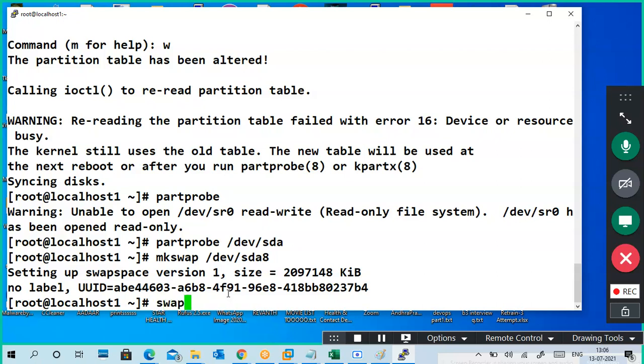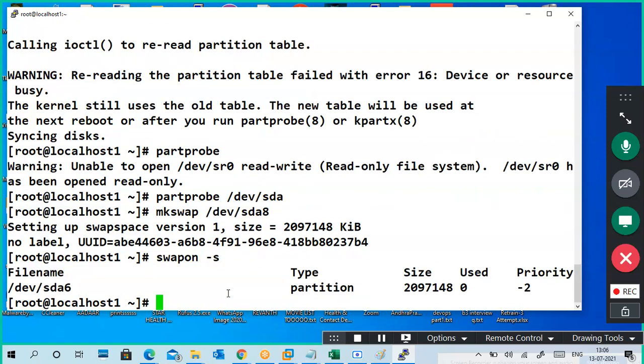Now swapon. You can use -a, or currently one is under swap, so I will use swapon. How to specify the drive? sda8.